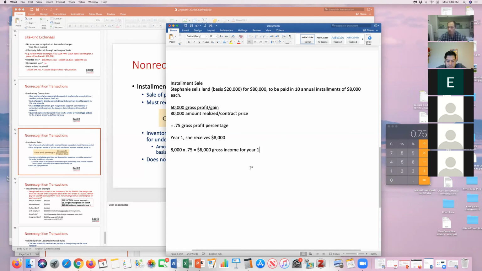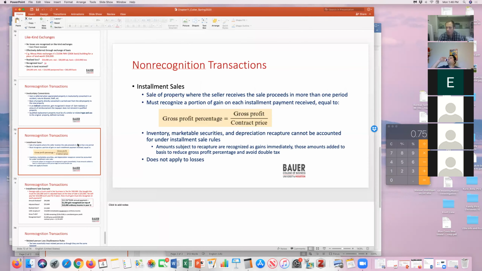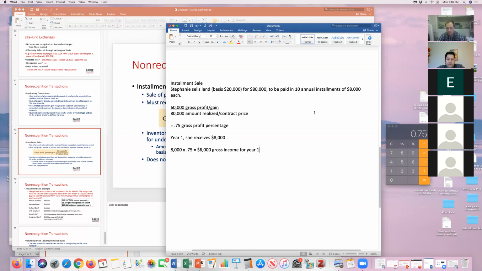If the payment amount was different, maybe it fluctuates each year, we would still use the same percentage. What can get hard about an installment sale is the recapture rules, right? So what if